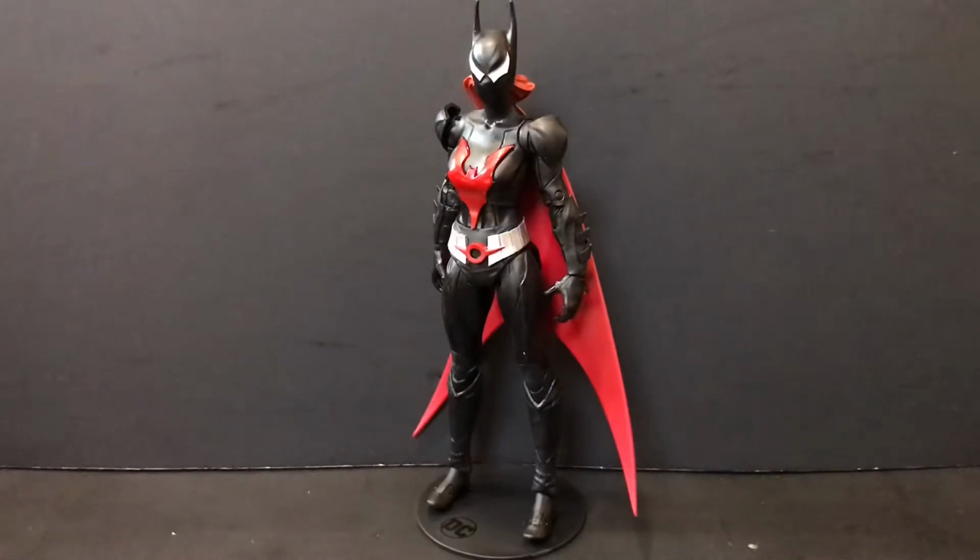Hey guys, it's Lord here, back again with another review, and today we'll be taking a look at the McFarlane Toys DC Multiverse Target exclusive Batwoman Beyond. She is part of the collect build Jokerbot wave, which has been kind of a rigmarole over the